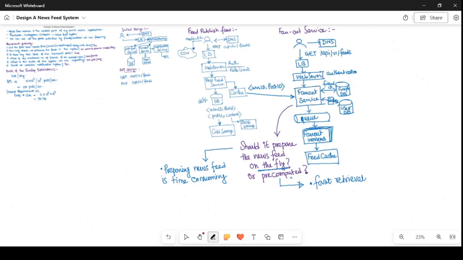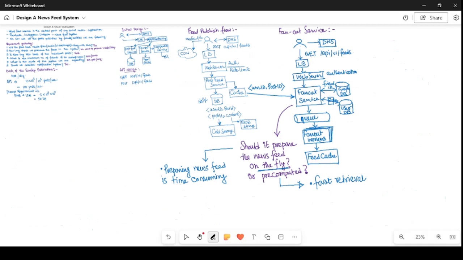Let's understand the meaning of pre-computation. In pre-computation, as and when a user is publishing a post, fan out service will always look for the new post. It fetches all the friend IDs of this particular user ID and adds this new post to all of its friends' news feeds, and it will be already prepared and kept in the cache.